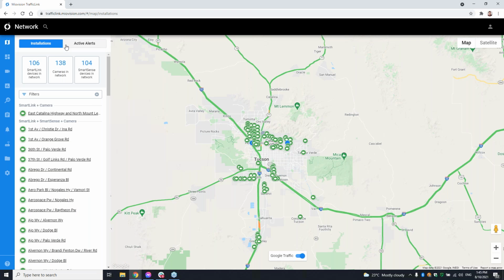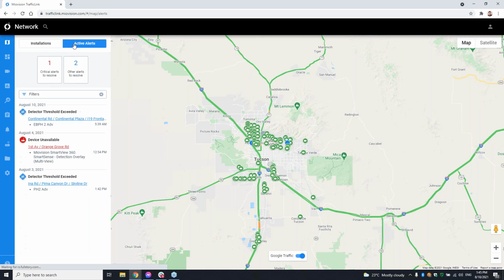Often when I think about data, I don't necessarily jump to, is the timing plan wrong? I actually start with, is everything operating the way I expect it to operate, and just do a simple observational moment to see what's going on. And I sometimes use those alerts to see if some of those intersections are the way they are, or the data looks the way it does, just because of ongoing detector alert issues from advanced detectors, or from missing information that maybe we should have to help make a bigger picture of data.